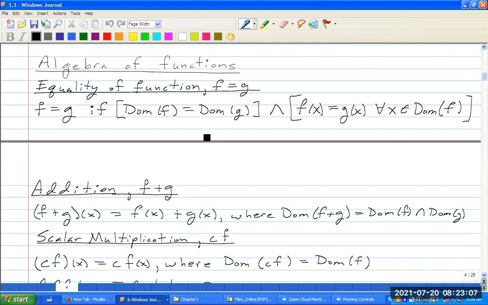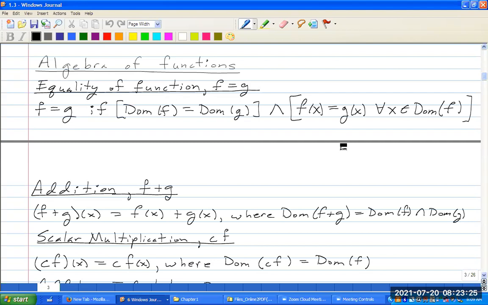Okay, so let me continue. That was an aside so that you could understand what I mean. So f is equal to g if the domain of f is equal to the domain of g